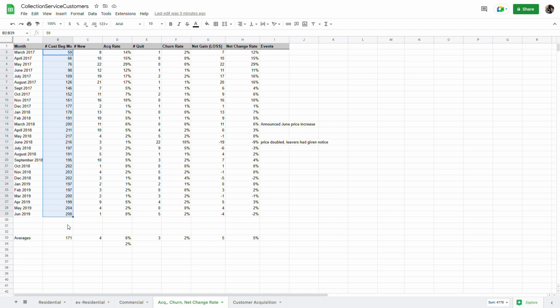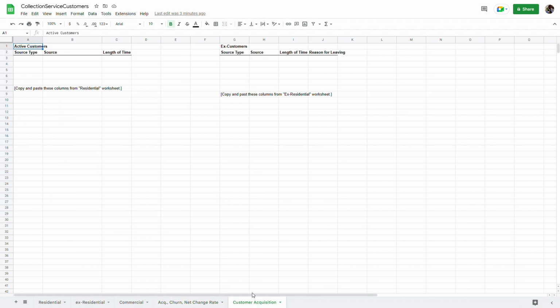Some opportunities would be to increase the price, or to target more effectively how you get new people. Where are they really coming from? Who stays, right? And that brings us to the last part of our spreadsheet, the last worksheet that I've got here labeled customer acquisition. Now, as I say on here, and part of this I put here for those people who do want to buy and download this spreadsheet,